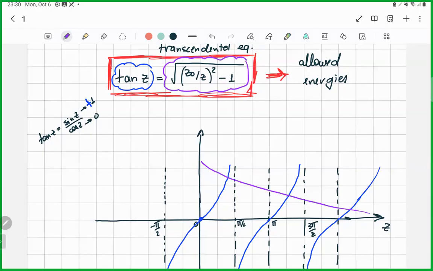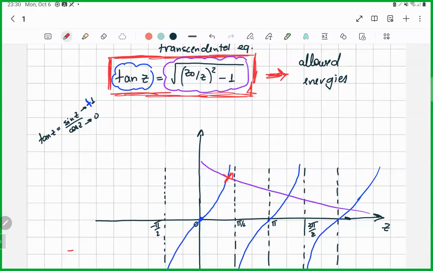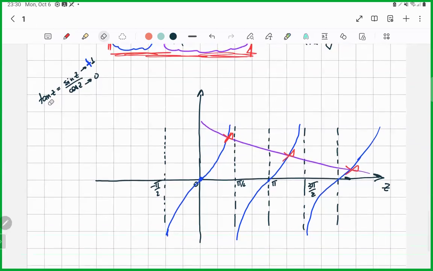Okay, so where does this function meet? Well, when they cross here, here, and here, these are the solutions, which, as we said, we get numerically. But, as we said, there are some special points. There are two special cases for which we can get more information. And what are they? Well, first case